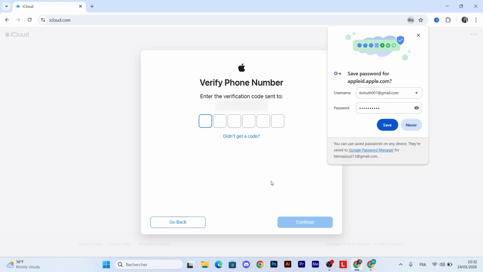Okay, now we will send a code to our phone. Okay, wait 1 second to put the code. Okay, this is the code, 78. Okay, now click next, continue,